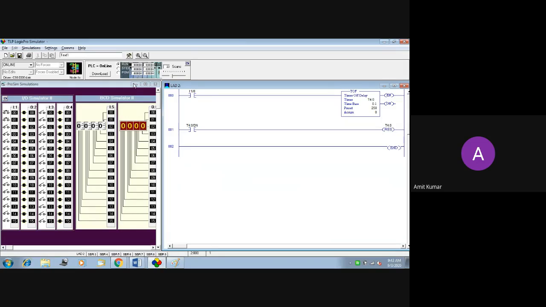Now if run goes true, nothing is going to happen. Now the accumulator is at 0, so that means the accumulator cannot run. For the accumulator value you need to specify some value. So we will specify some value, like 500. First you need a register which should transfer the value of the accumulator. Now if you run, okay, here the reset is there, so that's why the problem is there.